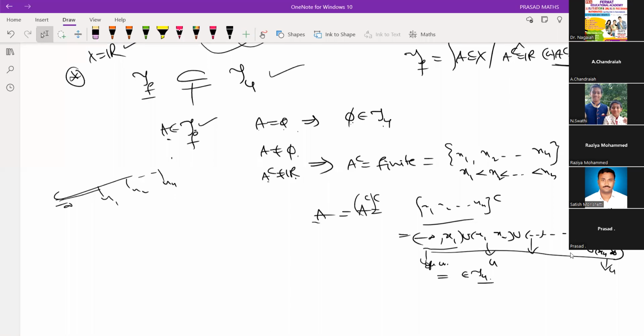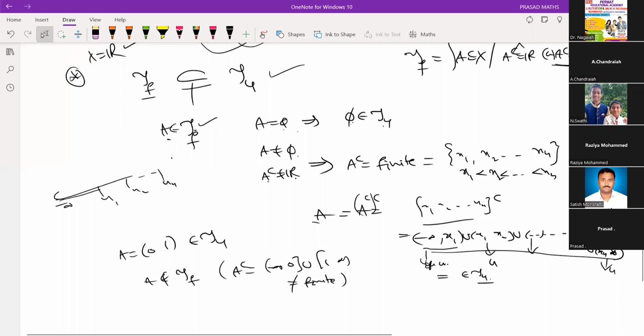Right? Which is why it is strictly weaker, because you start with this open set (0, 1). It is an open set with respect to usual, but it's not open with respect to cofinite. Why? Because whose complement is what? Minus infinity to closed 0, closed 1 to infinity. This is not a finite set. Therefore, this is strictly weaker than the usual topology. Right? Similarly,